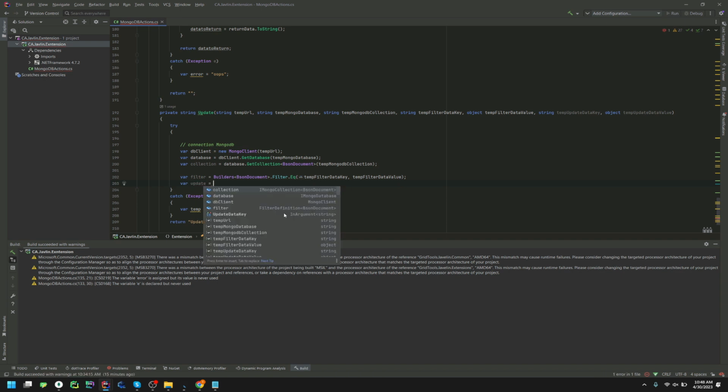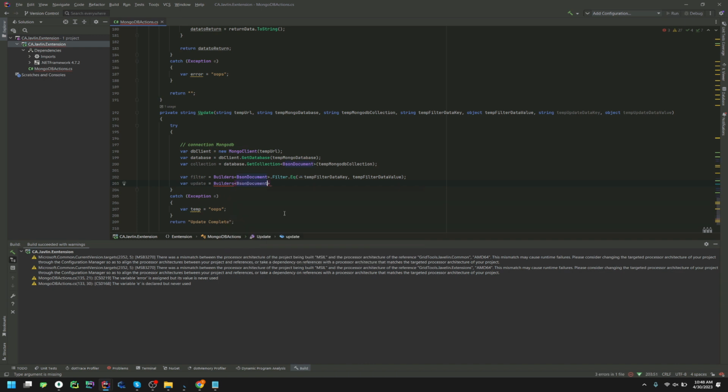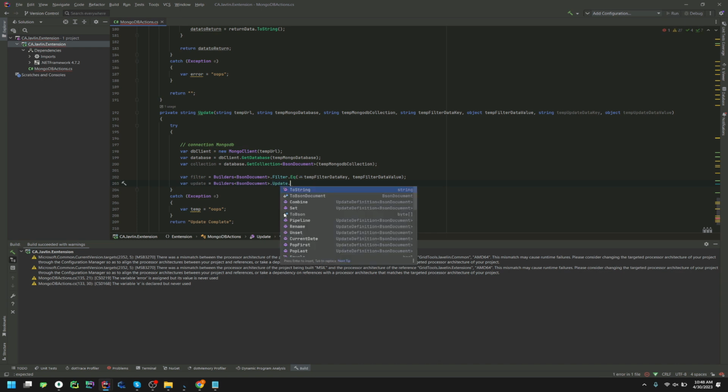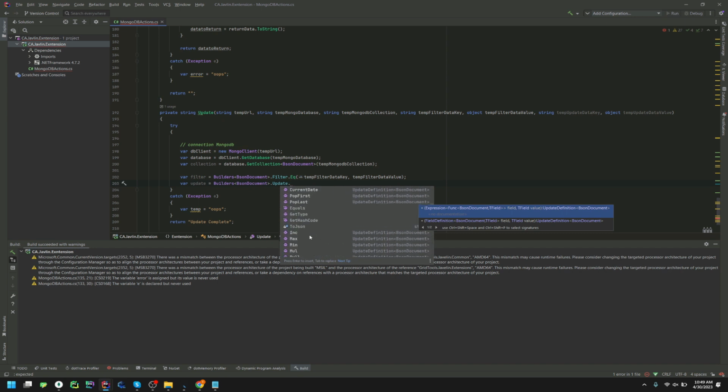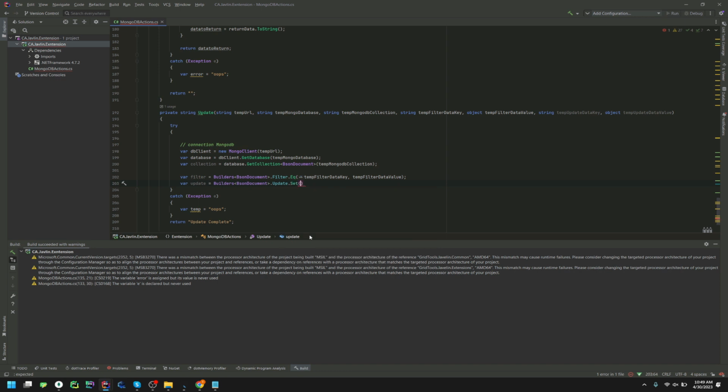So now we've got to build an update reference. Again, you need your builders, and it's got to be a BSON document. It's really hard to say when you're used to saying JSON. Then it's an update method, and we want to set the value. Okay, see, there's a lot of options you can do. So I recommend taking your time and playing with this and see what all options you have, because I definitely don't have time for that type of video. Now here, we want our key